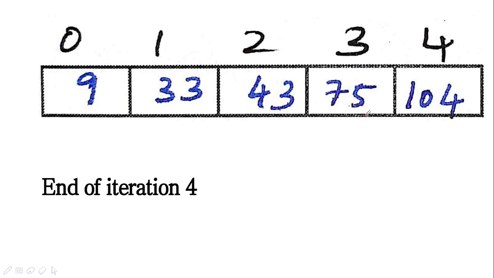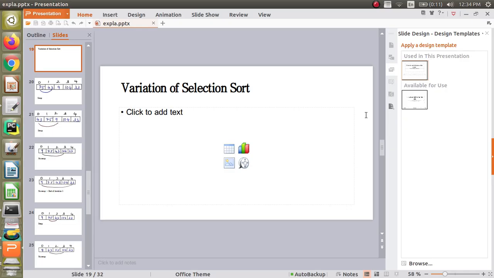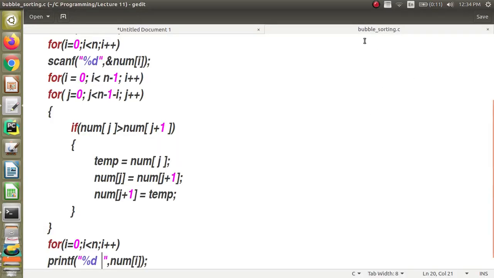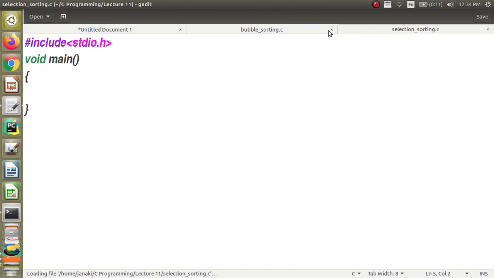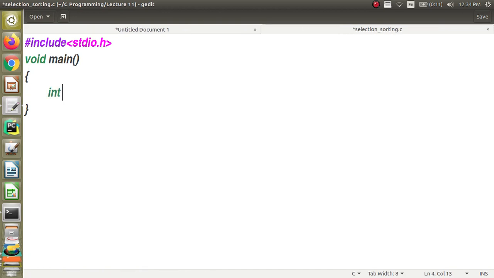So let us start coding. You have to do the proper declarations: n, num, i, j and temp. As usual, you need them.